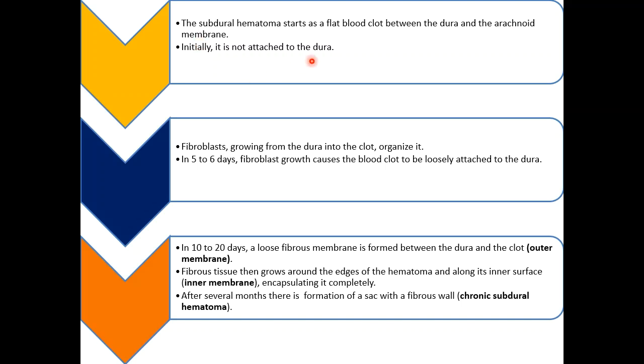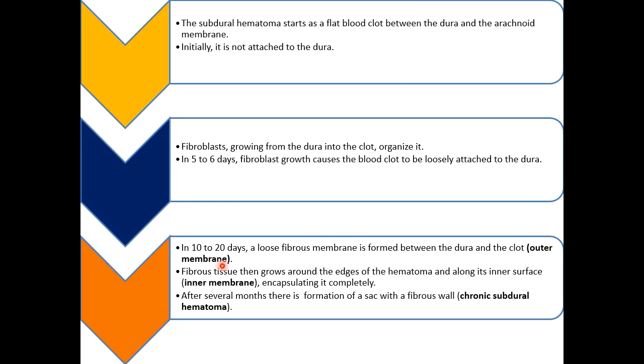Initially, it is not attached to the dura. Fibroblasts start growing from the dura into the clot and organize it. In 5 to 6 days, fibroblast growth causes the blood clots to be loosely attached to the dura. In 10 to 20 days, a loose fibrous membrane is formed between the dura and the clot, that is the